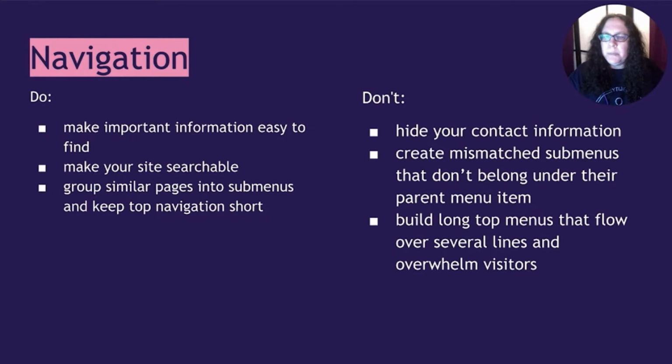And group similar pages into submenus so that you can keep your top navigation short. On the flip side of that, you don't want to have long top menus that flow over lots of different lines and overwhelm visitors, right? So if you can group things together, things that belong together, and keep those top menus short, then it'll make sense. And don't create mismatched submenus that don't belong under the parent menu, because that just won't make sense and people won't know to look under that area to find what they're looking for,